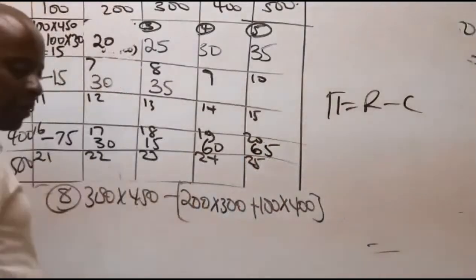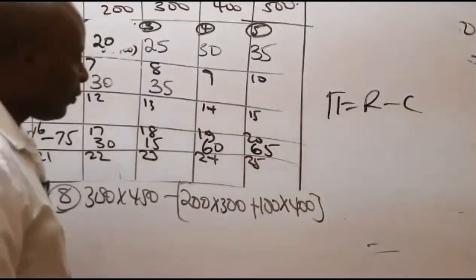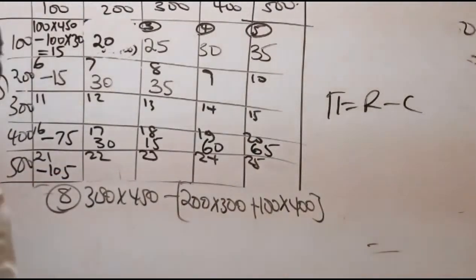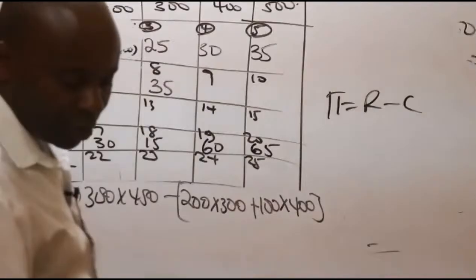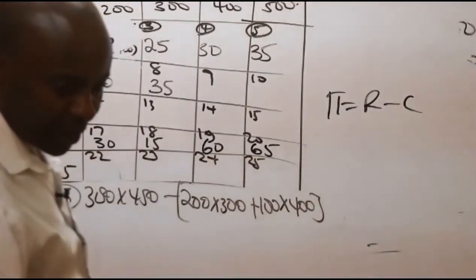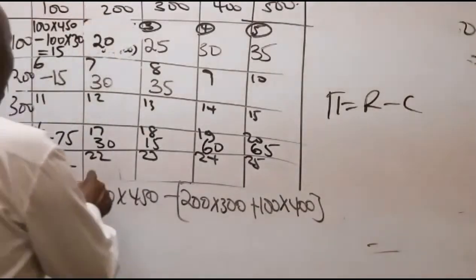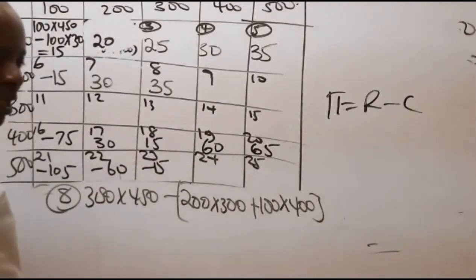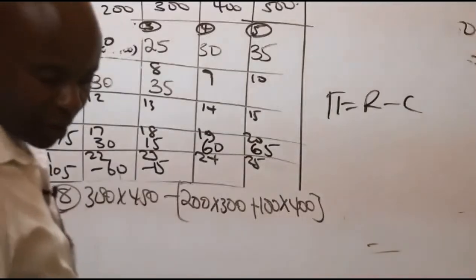Cell number 21, negative 105. Cell number 22, negative 60, negative 15, negative 60, negative 15, cell 23. And then cell 24,